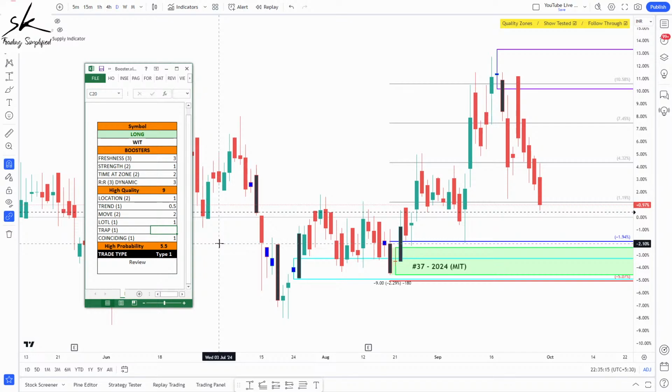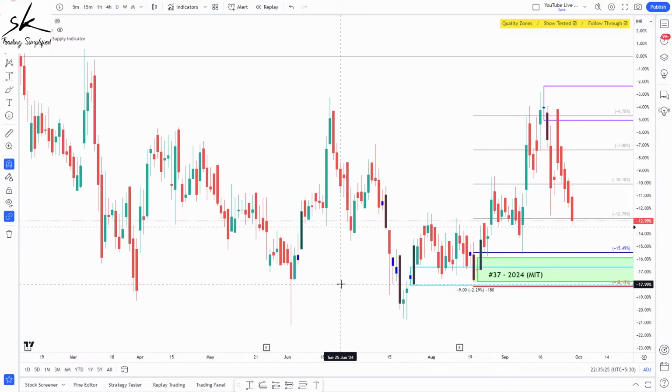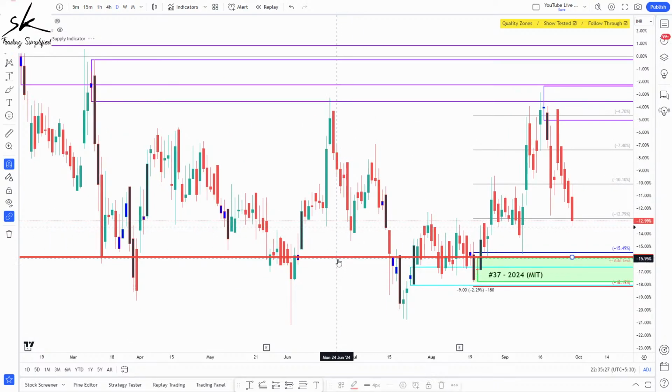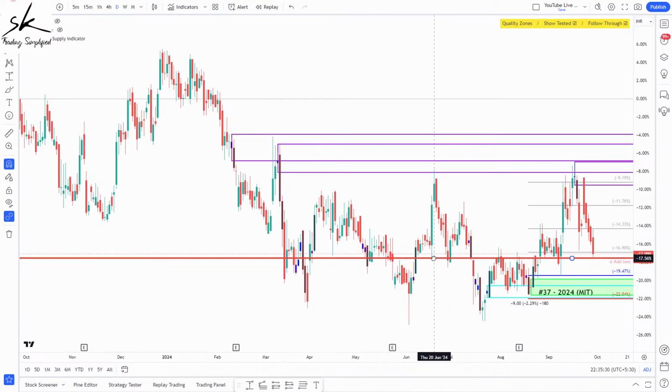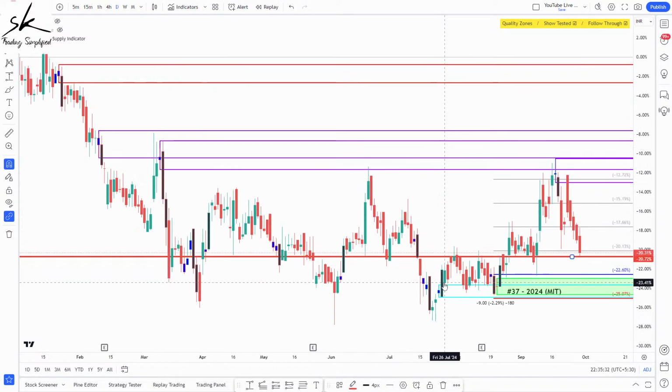Now the trap in a way becomes irrelevant, because we already have a score which is a high probability score. Whether it is 0 or 1 doesn't make any difference; it will still remain high probability. But it will be a score of 1, and the reason for that is if I take a horizontal line wherever the proximal is and start pushing it up, you can see this area has beautifully acted like